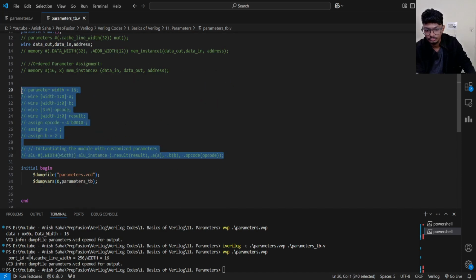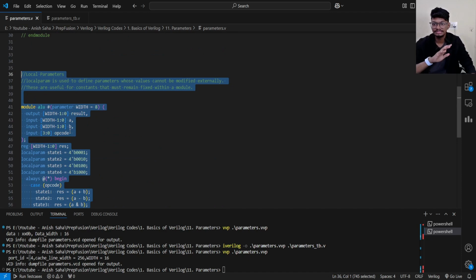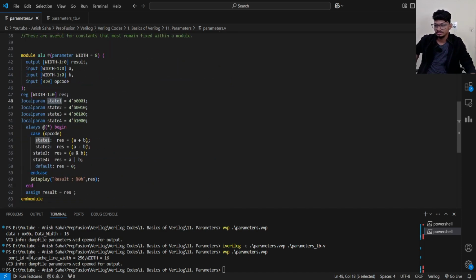So if I go to the ALU now, these are all localparams: state 1, state 0, state 2. That should not be fixed, that should not be changed. What it is doing is checking if any of the input changes, it will just see the opcode, what is my opcode, the input, and according to that it will do some